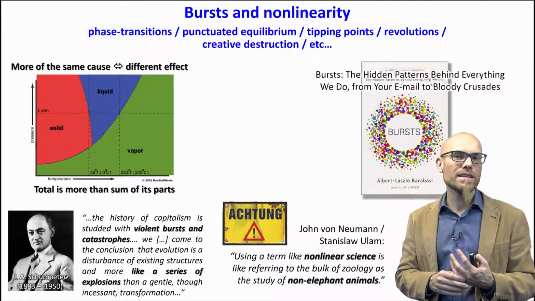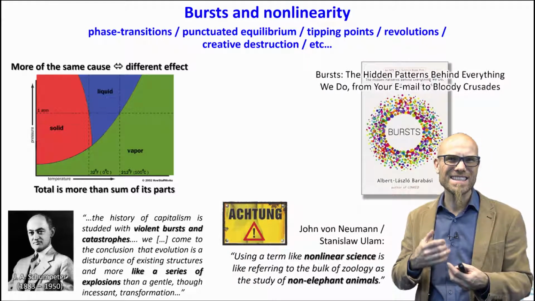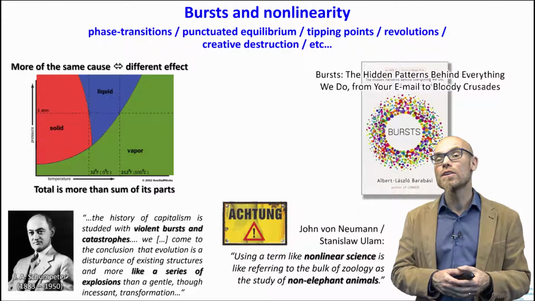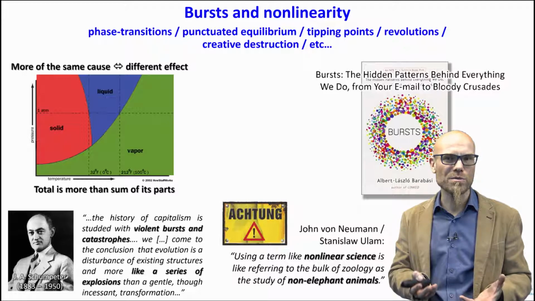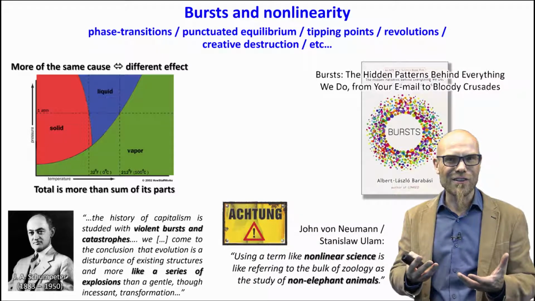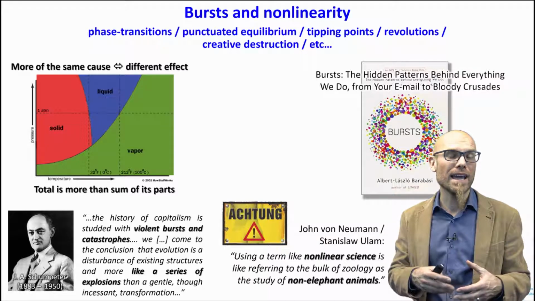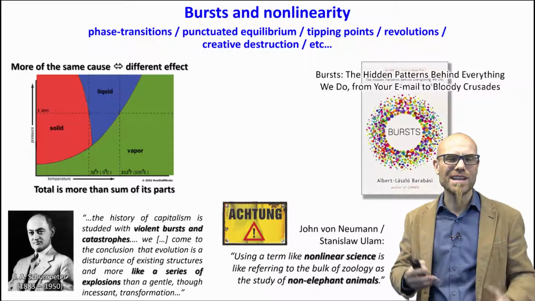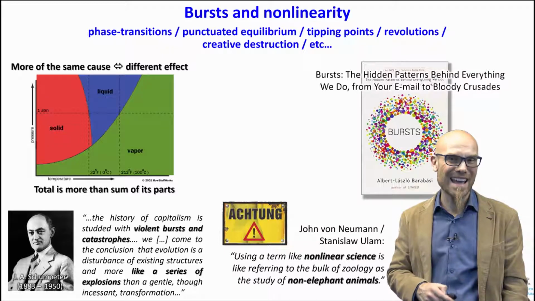That's why agent-based diversity is so important, because we have a lot of work ahead of us to understand these busts and bursts and revolutions and tipping points, because there are so many different ones of them too. Now we have an idea where they come from, because we know they often don't come if you just work with averages. So they come from the interdependency in between diverse agents, but that doesn't mean that now we can completely predict them, or that we know there are only two kinds of them. No, there's an infinite number of ways you can have these non-linear phase transitions. So a lot of work ahead of us.